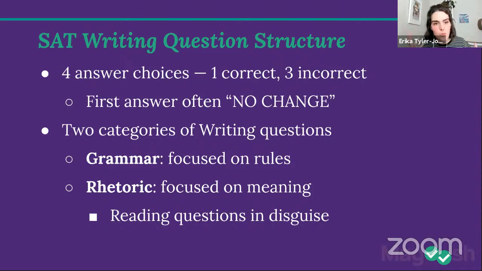So it's based on punctuation rules. Or it's going to be things like agreement. So that's going to be about rules of subject verb agreement, subject pronoun agreement, things like that. Things like parallelism. So what are our rules for lists or comparisons? It's going to be focused on rules. So with these grammar questions, there's going to be right and wrong, and it's pretty explicit. There's no like, well, I think this. No, there's just rules that we can follow for this test.